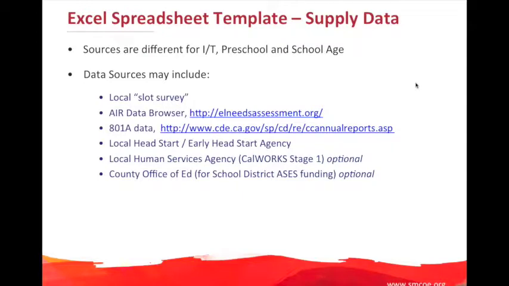One is to conduct a local slot survey. This takes some time, and you wouldn't want to do it if you were under the gun trying to get your priorities out the door in short order. And it's totally optional. It has some value, but it's definitely not required. We can give you an example of one type of slot survey. So yeah, I can show it to you quick.